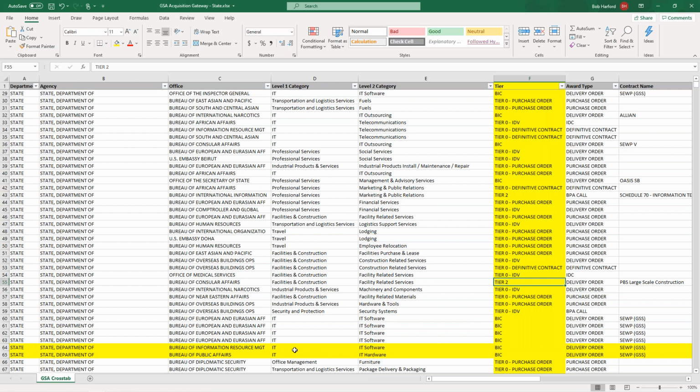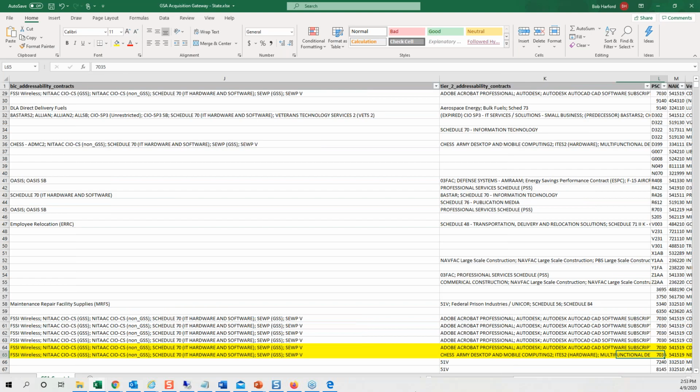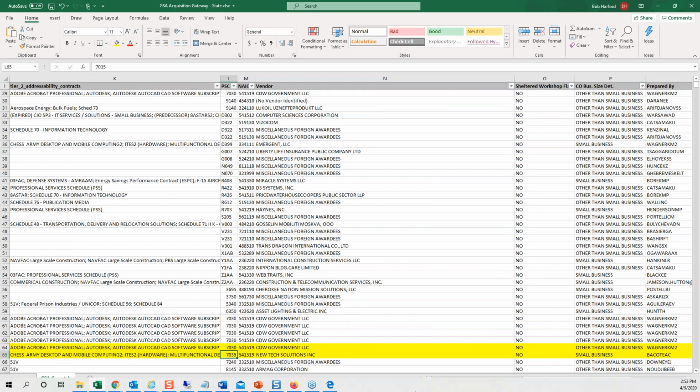Okay, and then the level, groups of PSC codes, that's in the mega group IT. Let's say that has 50 PSC codes associated with it. A PSC code can only be in one level, can't be in 2. It's assigned to 1. And this PSC code is also assigned to the subdivision IT software. This one's same level 1 group, but it's IT hardware. And they give you the PSC code and the GSA acquisition date as well, 703, 7035.